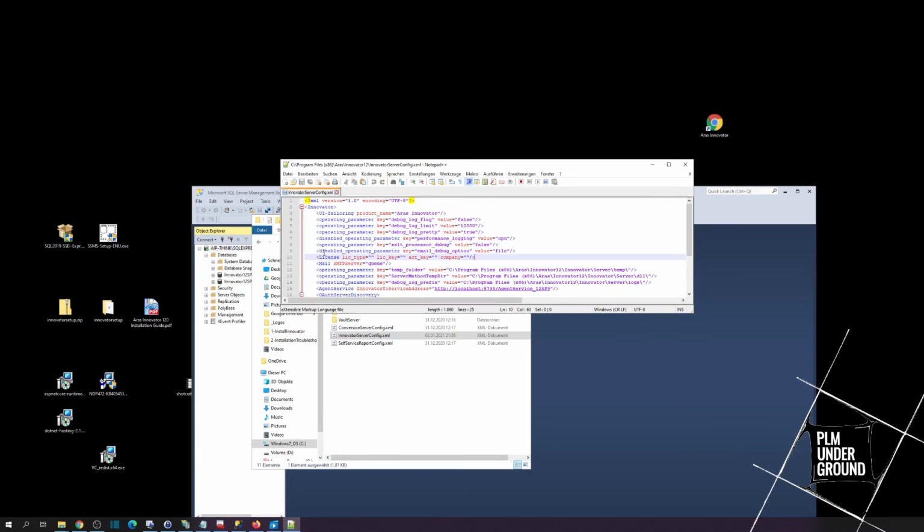And here you can see I have an empty license key, and I will right now just disable this one. Always pay attention not to make any bug in this file. For example, if you do something like this, like setting uncomment in a wrong way, then you will corrupt your file and your Innovator will not work anymore.